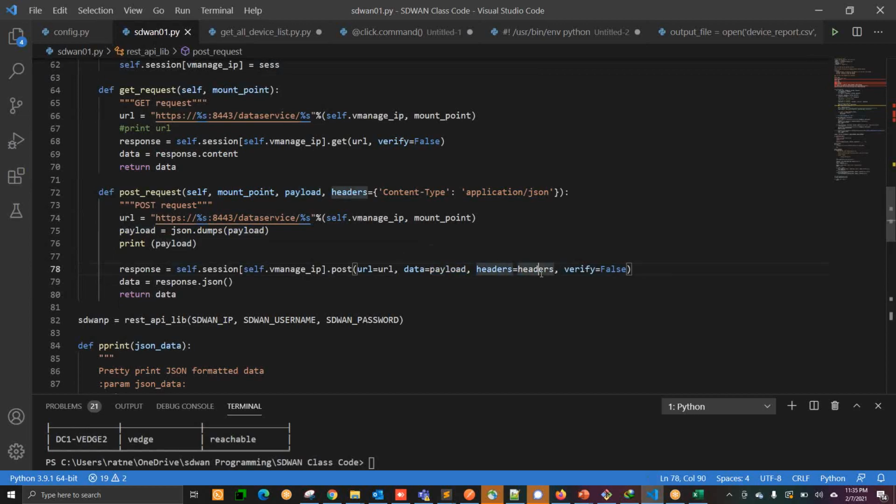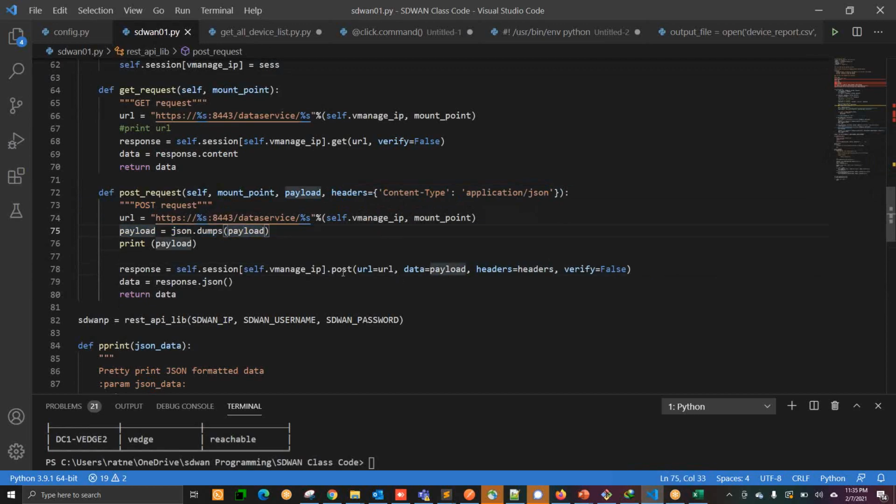And you need the header because the payload format is JSON. So you can see that the header content is application slash JSON, and the payload is JSON dumps payload. We are putting the payload in terms of JSON, but you can put it in XML or any other format. Actually, two formats are there to put the payload: JSON and XML.